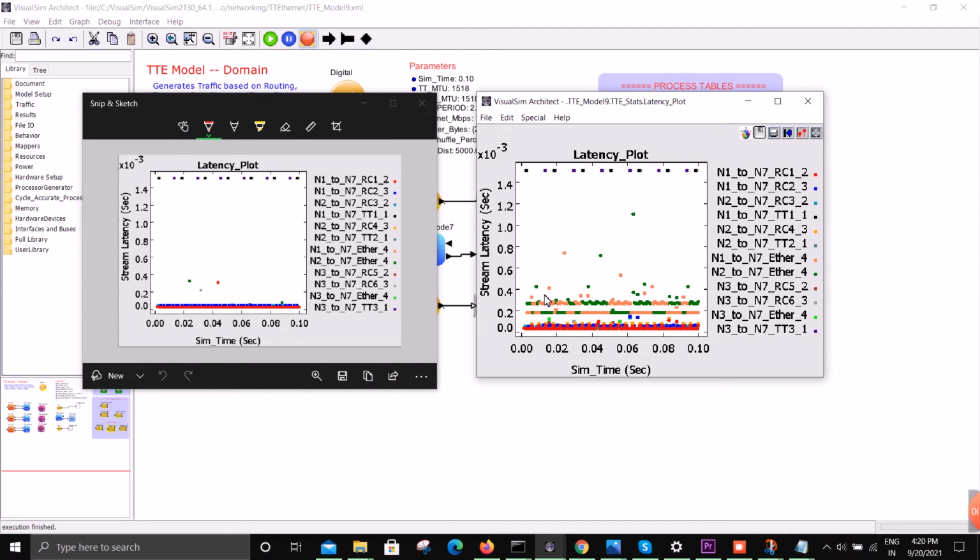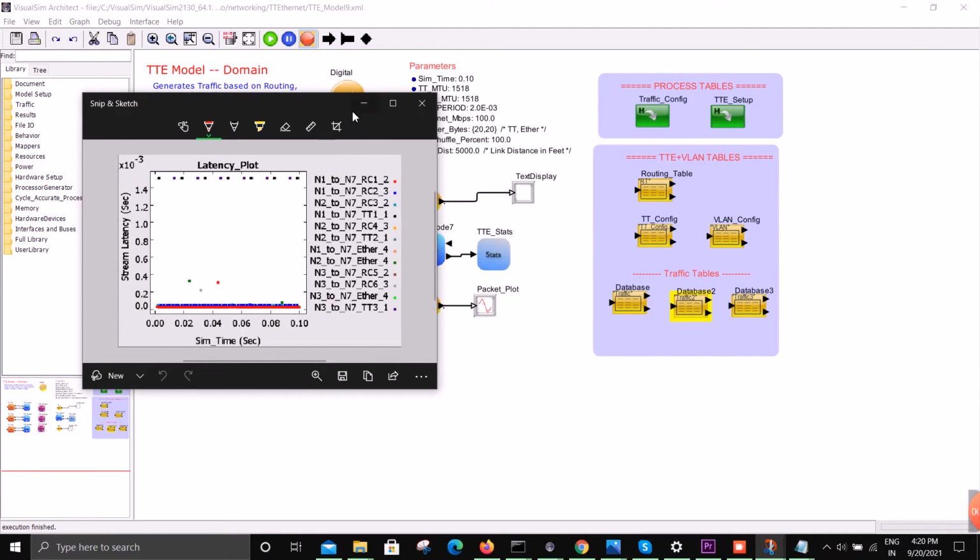It's quite visible that the Ethernet latency has increased, because the N1 to N7 and N2 to N7 plots have crossed the 0.2 millisecond latency, whereas the old one did not cross it. So it's quite clear that these parameters affect the latency.